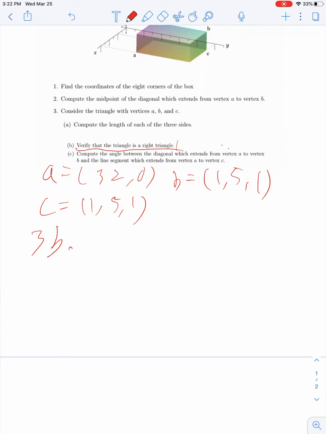Okay, so now we're just being asked to verify for 3b that this is a right triangle. And to do that, we're just going to check that it satisfies the Pythagorean theorem. Sorry, we're going to use the same letters to refer to something that's completely different, but this is how